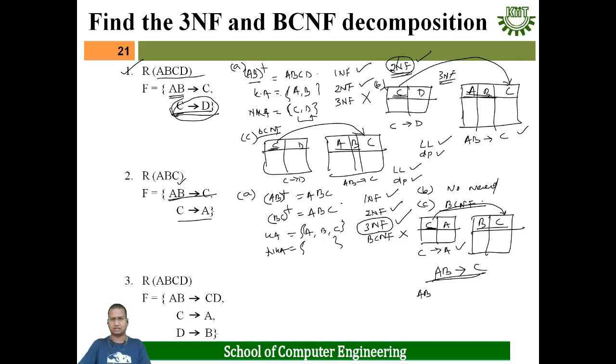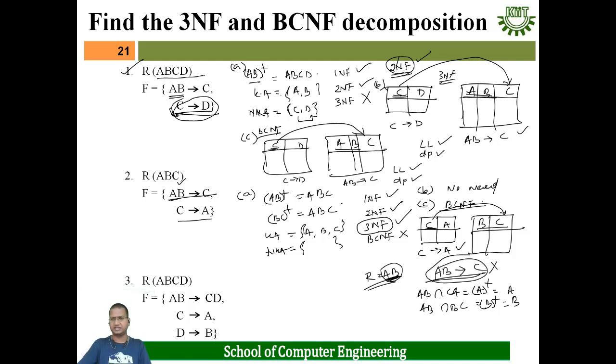How to check? Using the indirect dependency preservation algorithm. Take result equal to AB. Then AB intersection CA. Then A closure we have to find out. A closure will be how much here? Then when we union, the same AB you will get. That means AB determining C you will not get. Then AB intersection BC. That means B closure you will get, and here B closure you will get B. So when union with AB, only AB you will get. That means this dependency is not preserved here.